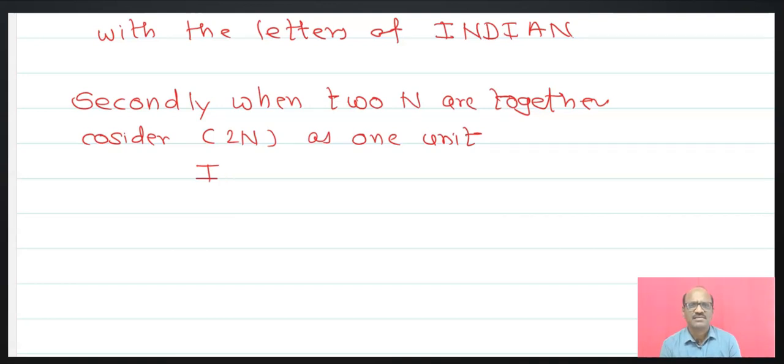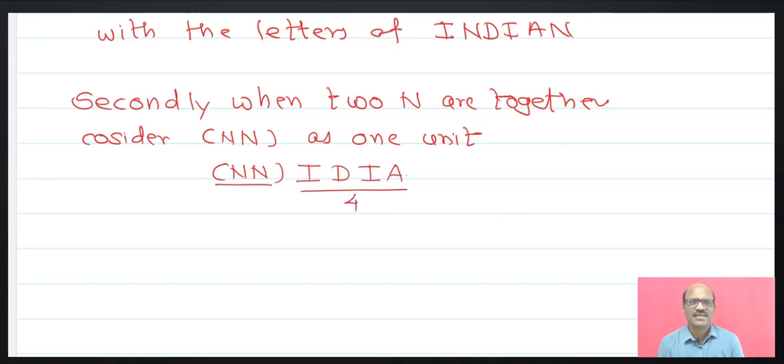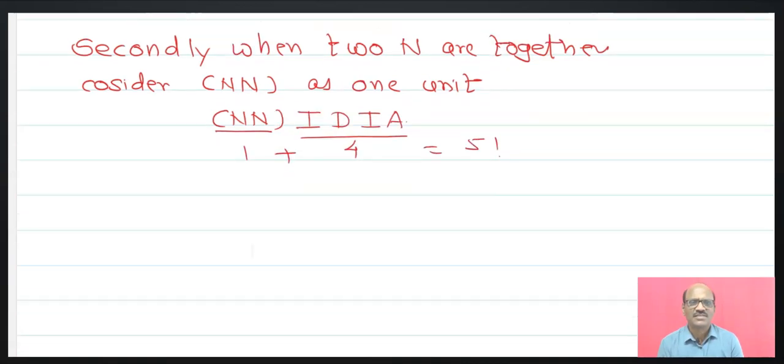That is I, D, I, A. I am writing n. This is 1, I, D, I, A, total 4, 1 plus 4, that is equals to 5,